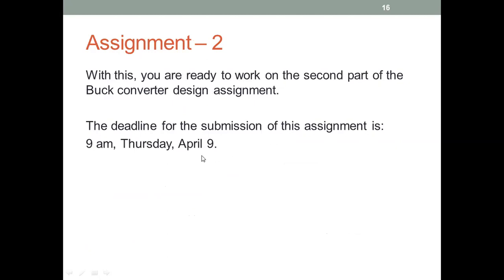So I'm setting the deadline for the assignment to be 9 a.m. Thursday, April 9th, which should give you enough time. But actually, this is going to be probably one of the most, if you're lucky, this assignment will get done quickly. But if you're not and you're searching around and something goes wrong, then this may take longer. But I think 1 week should be enough because anyway, you're sitting at home doing nothing else. So I think it's okay.